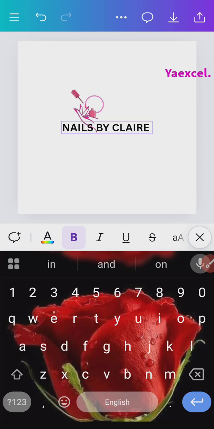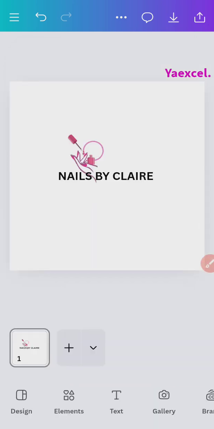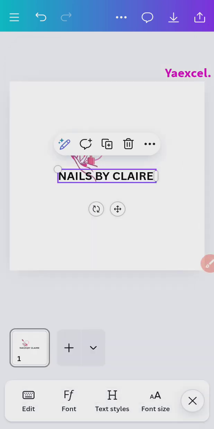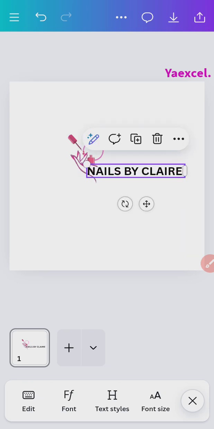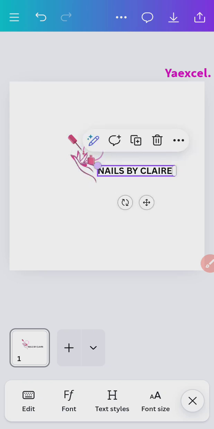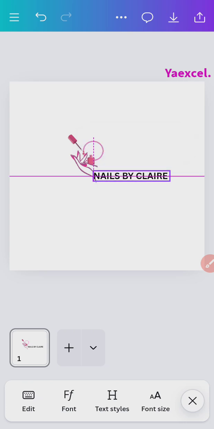Okay, then you close it here, then you come here and arrange it well. So you reduce it. Okay, and then if you get what you want,